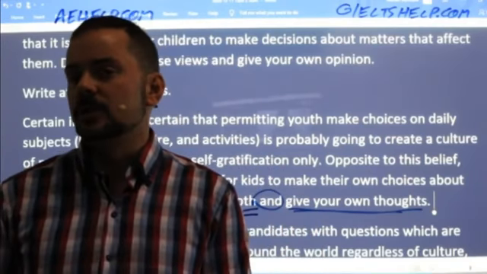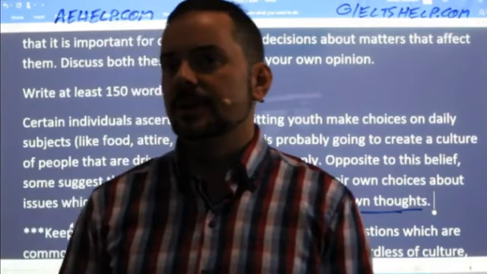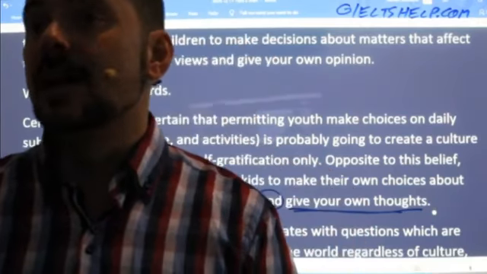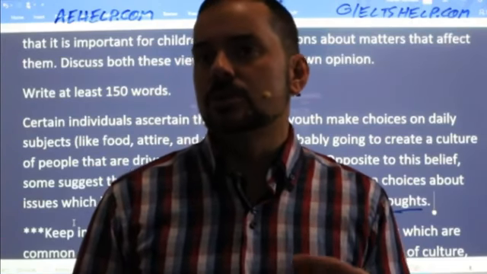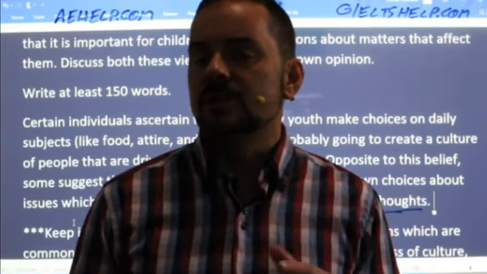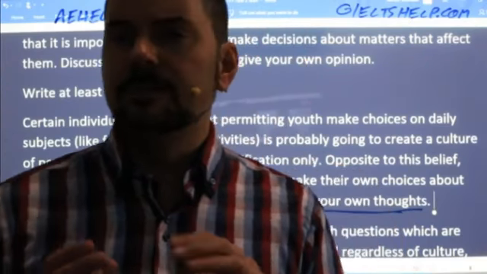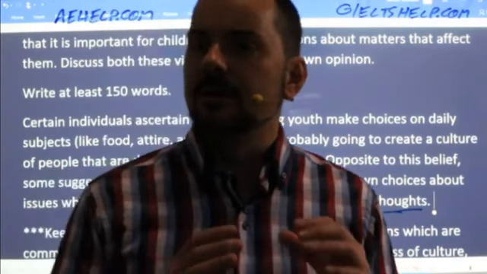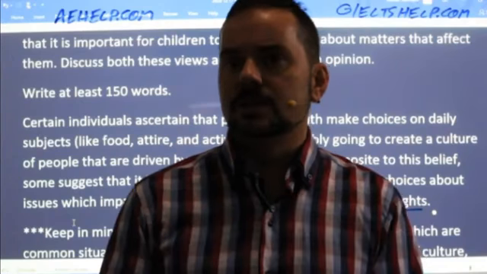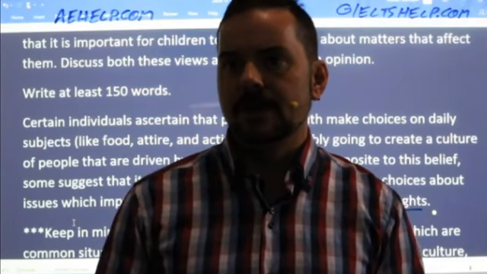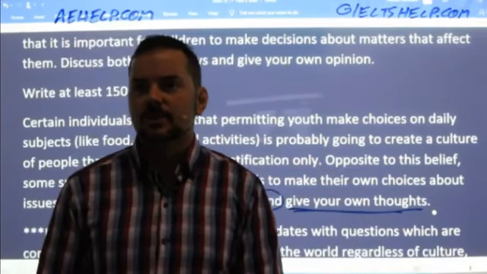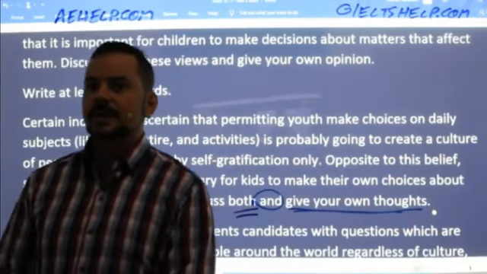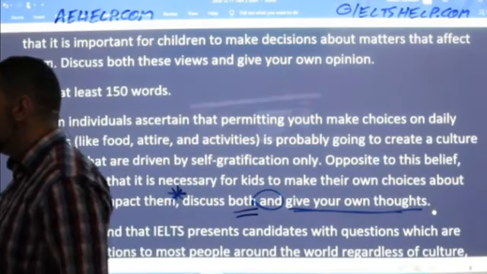Okay, I don't think you understood that last part correctly there. A community of people who are selfish, not about their own freedom. Also, Nick Hill, don't introduce the pronoun we. Okay, so students, work really hard to keep the we, the us, our out of it. Okay, keep it third person when you're paraphrasing here. All right. However, others think that it's significant for kids to make their own choices about issues which impact their life. Okay, good.